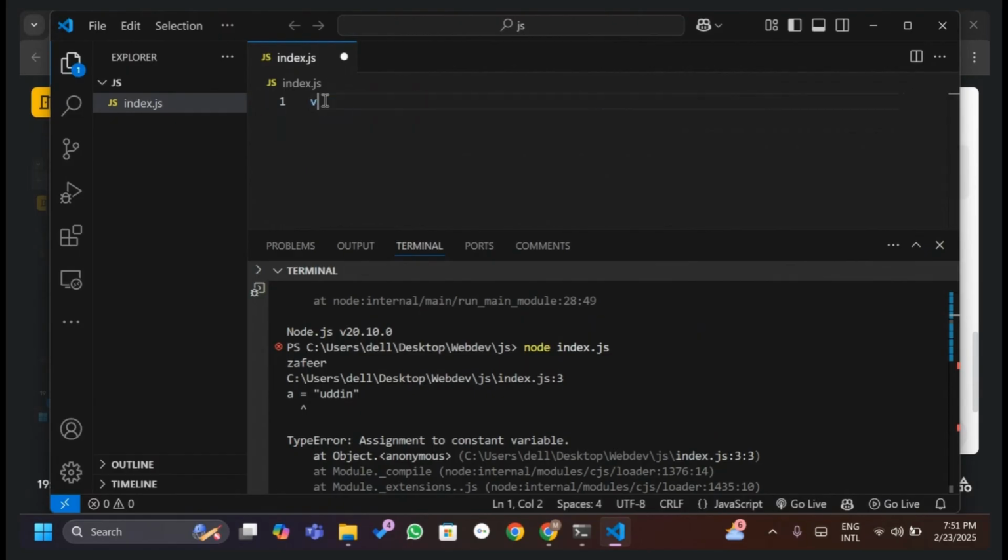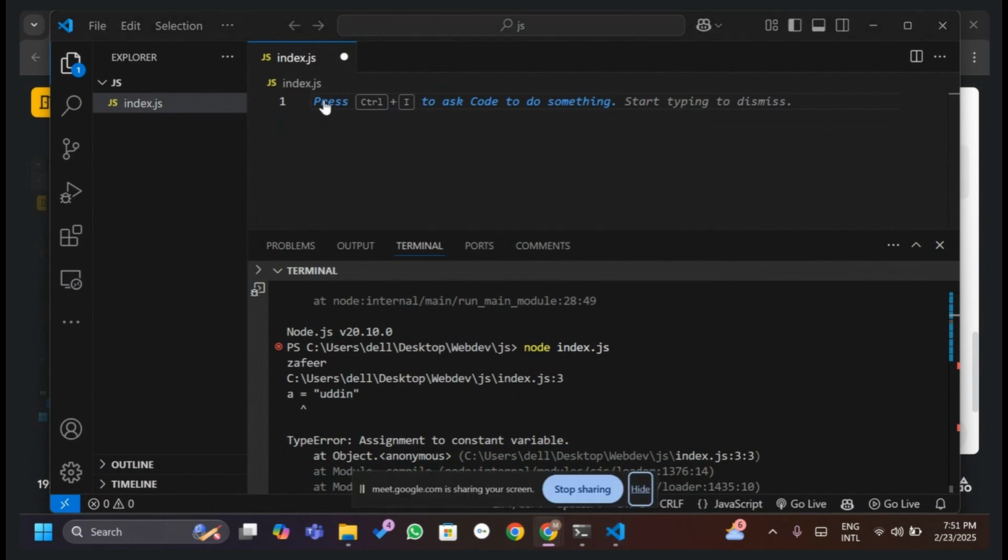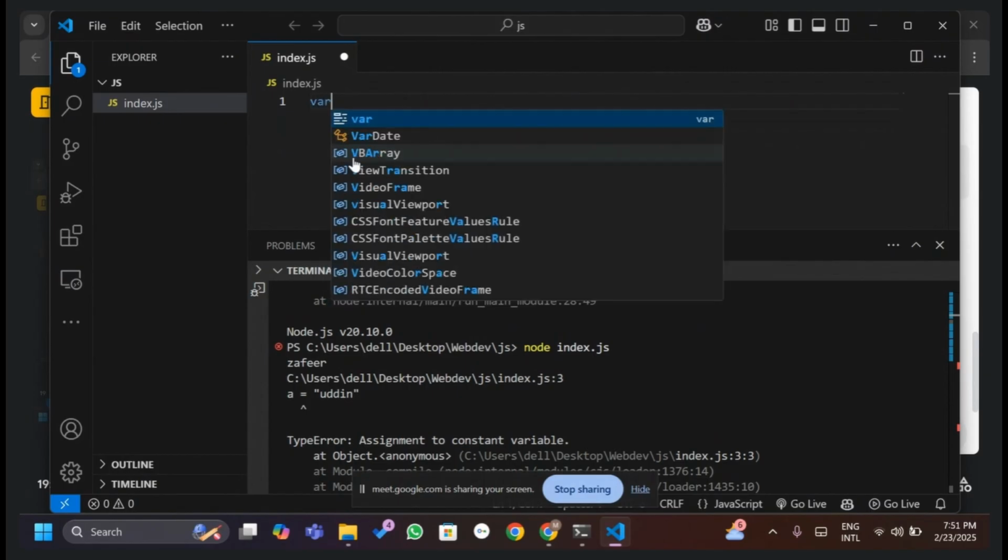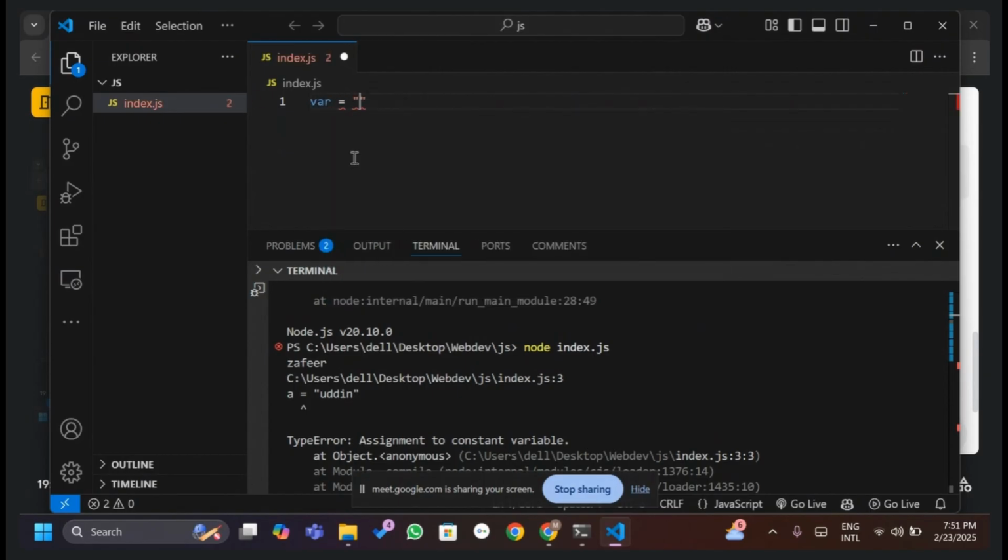The last thing that is left out is var. To understand var, what is the difference between var and let? Basically, they are very simple and similar to let. Here also I can declare a variable name with Zafir. Now if I do console.log and print name,